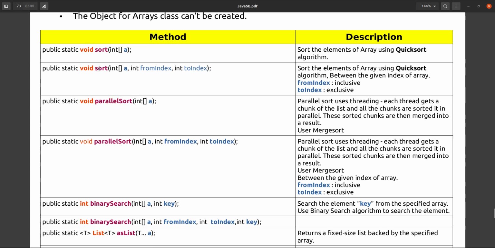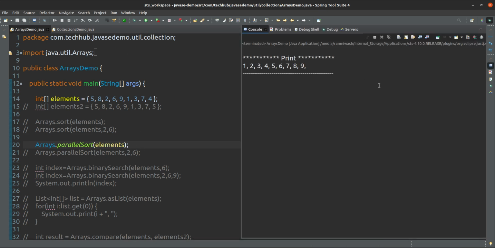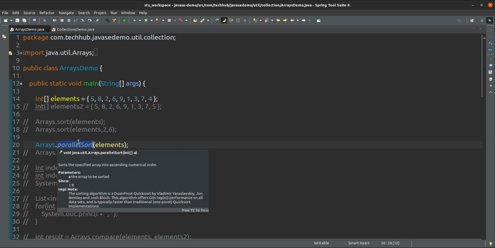Parallel sort will work faster than sort alone, because sort will use only quick sort, but parallel sort will use merge sort also. Okay, so this is the meaning of parallel sort here. If we use parallel sort, you will find the same result, but the sorting process is very fast. If we want to sort, we can use sort, but parallel sort is most recommended, because it is faster in sorting techniques. Okay,